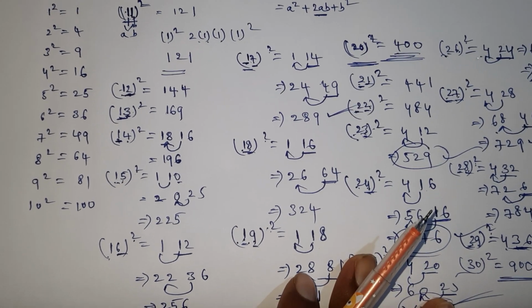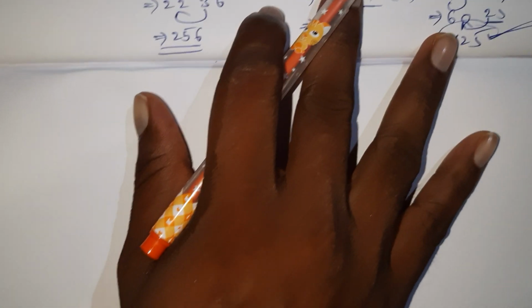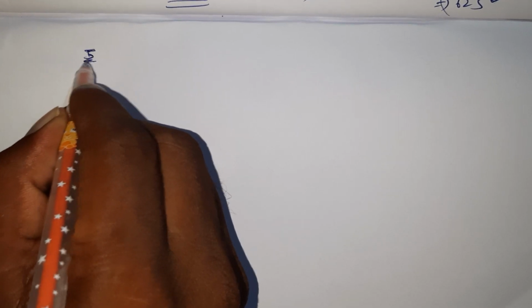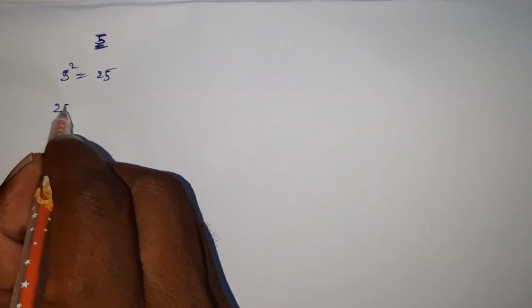Okay, now today we will discuss one more trick. See here. So the trick is the square of numbers whose unit digit is ending with 5. If the unit digit of the number is ending with 5, then how to identify the square of the number? Easiest way. See here. For example, 5 square, everyone knows, 25. 5 square is 25. Okay, 25 square.